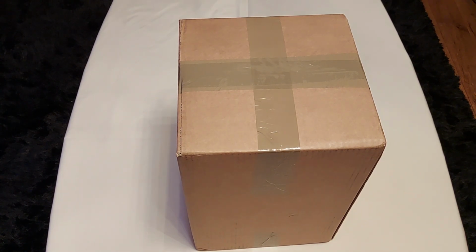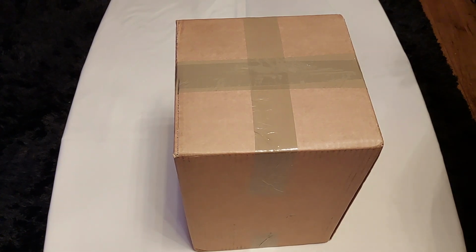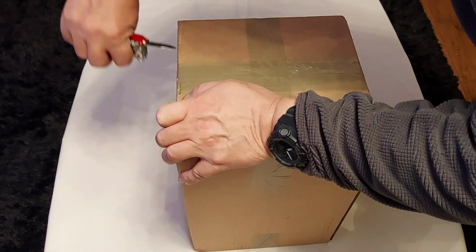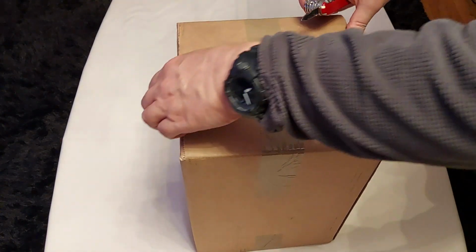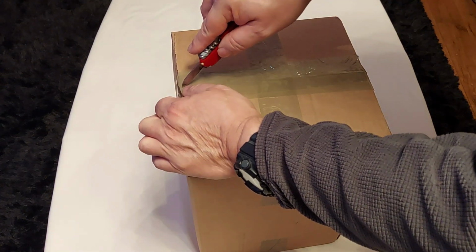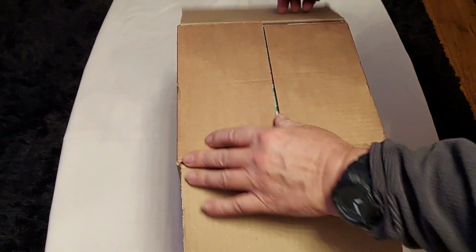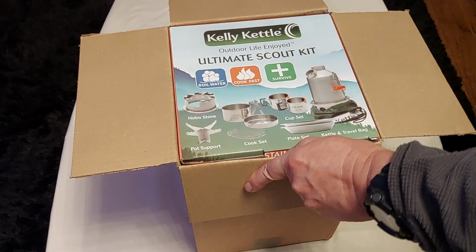Got myself another little treat here, and I'm not telling you what it is yet. You've probably read it by reading the label of the video, but I genuinely have not opened this yet. So this is a first opening of the box with my Hunter's Swiss Army knife. So as you can see in there,